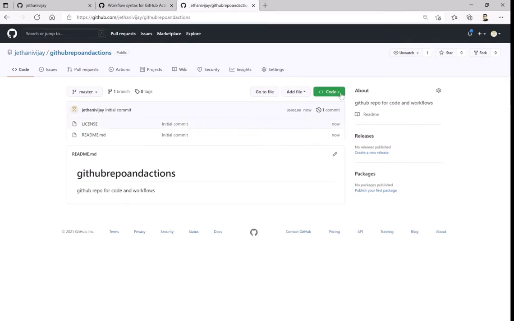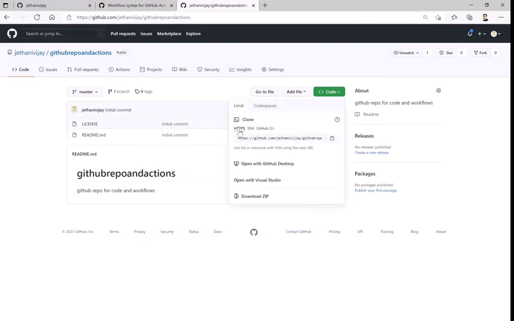Come to the code tab, and if you see the HTTPS URL for the clone, you just have to copy this. You can open this with your GitHub Desktop or with Visual Studio, which is your IDE, or you can download this code directly. This is one way to interact with your repository.